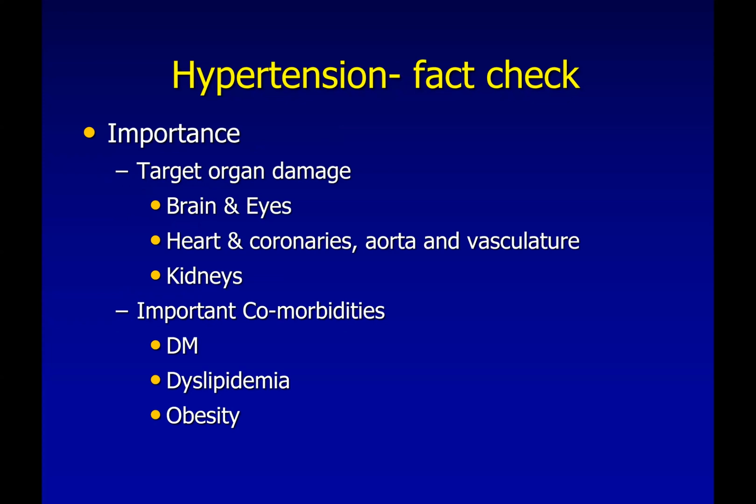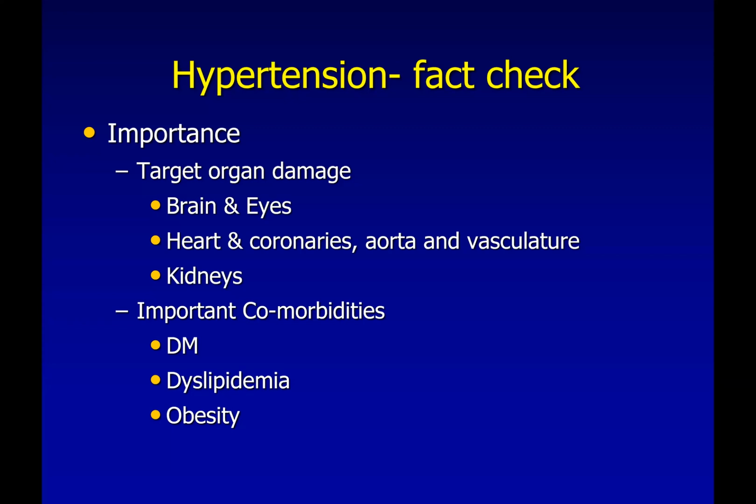The other thing is hypertension. If you can control hypertension and the blood pressures are within normal limits 24 hours a day, 365 days a year, target organ damage does not occur. But if it is undiagnosed, asymptomatic, and we did not bother to check it, then anything could go wrong in the body: in the brain, stroke or TIA; in the eyes, hemorrhage, retinal detachment, blindness; the heart and the coronaries.